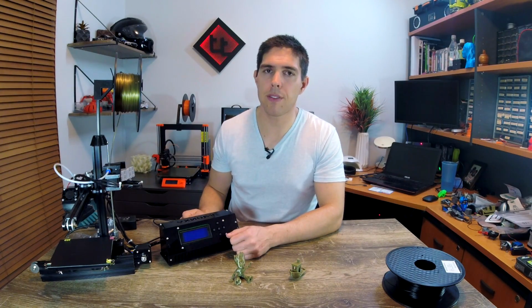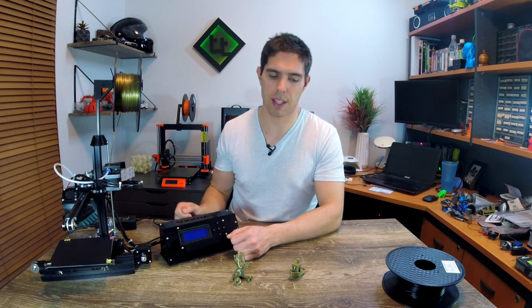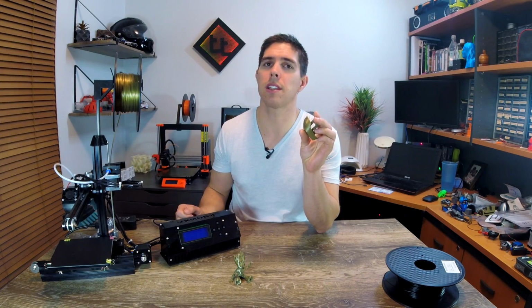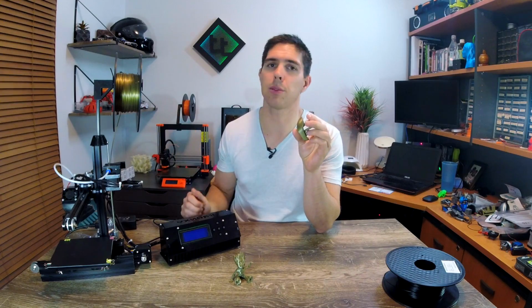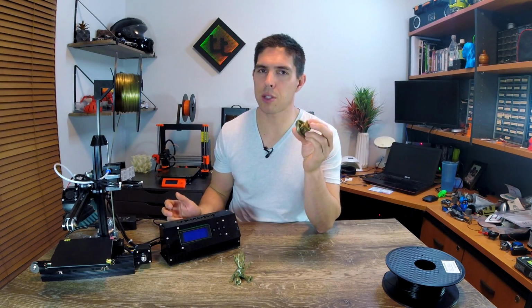So the next positive is, again, the print quality, but this time not out of the box, but with these modifications. These prints are really quite outstanding considering the price of the printer. No, they're not perfect, and I'm not suggesting that they're going to stack up to something like a Mark III, which costs 5 or 6 times the price, but that costs so much more than this,